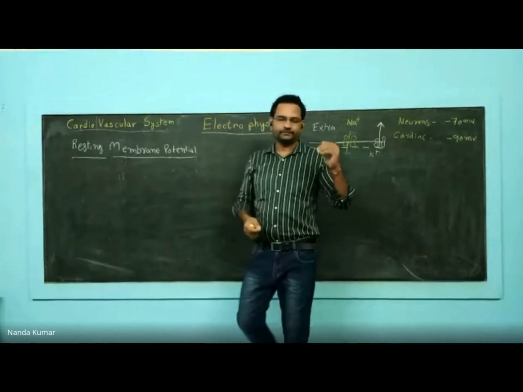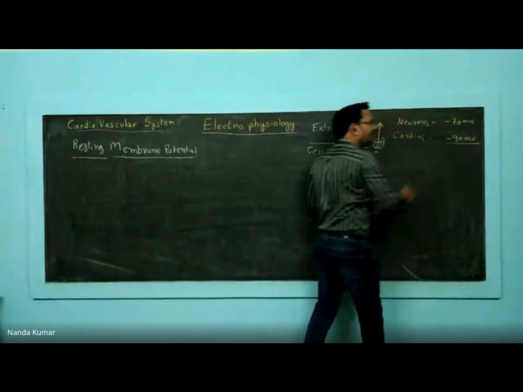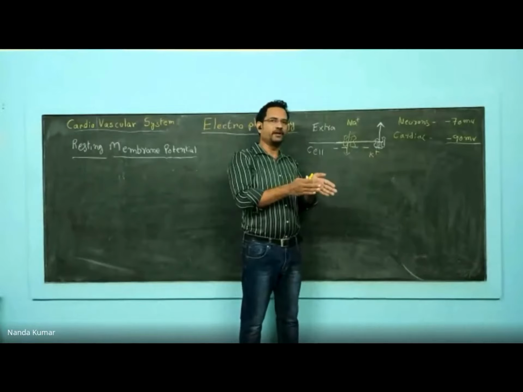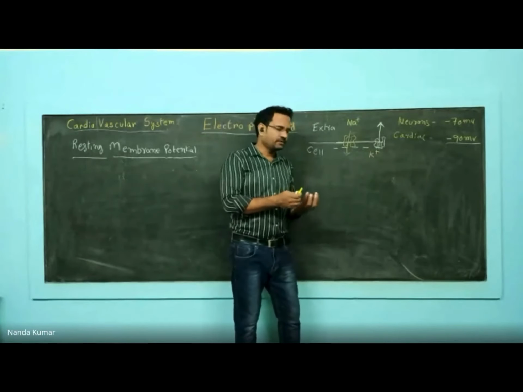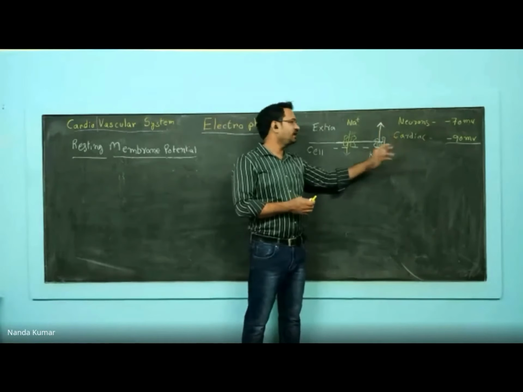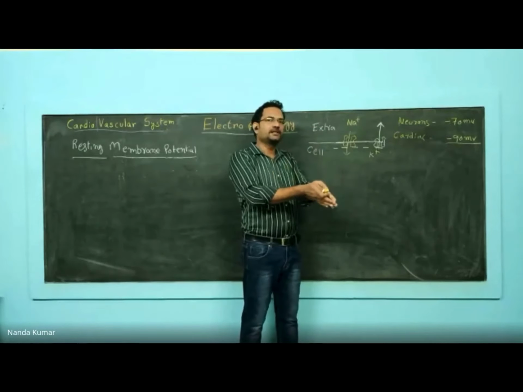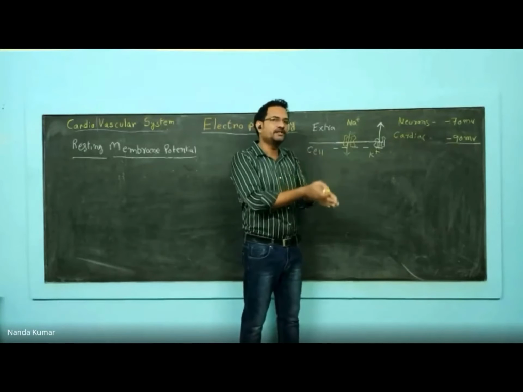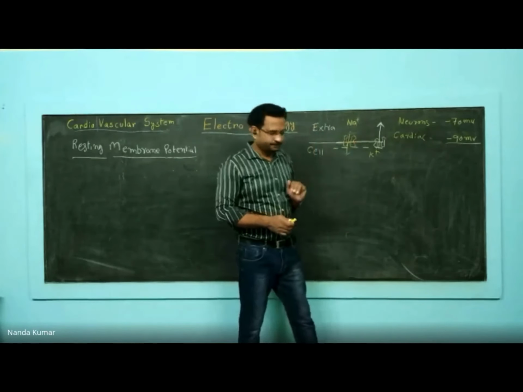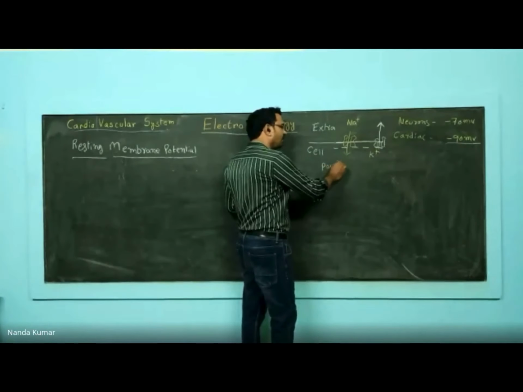The other thing: the cardiac cell has this membrane potential. At this potential, some of the potassium channels are slightly open. They are called leak channels. So potassium will be slowly leaking out of the cell. It is not always in a closed conformation. Whereas sodium channels are always in closed conformation. Whenever there is a chemical signal or an electrical signal or voltage difference, only then will sodium channels open.